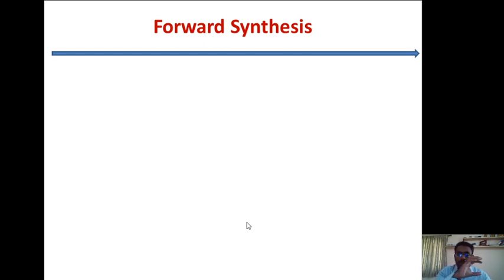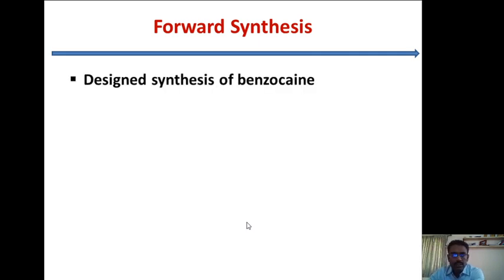Okay, now we did all the analysis: how to do the functional group interconversion and why we are doing that. Then after all the possible breaking down, we arrive at the simple molecule, that is toluene. Now you go for the forward synthesis. So we start the synthesis from toluene. First we do the nitration using nitric acid and sulfuric acid.